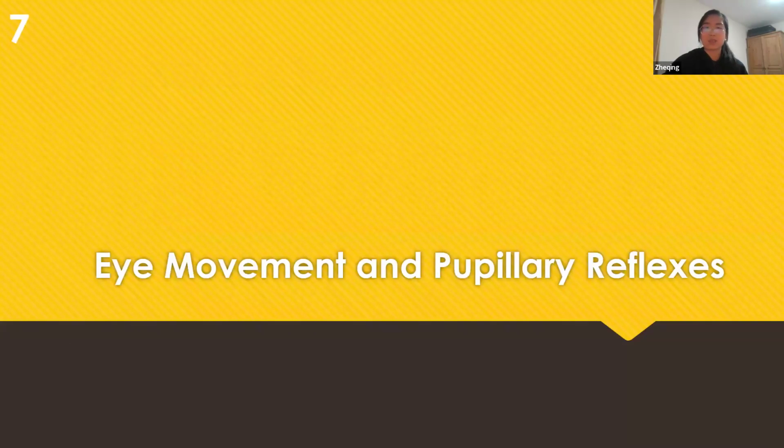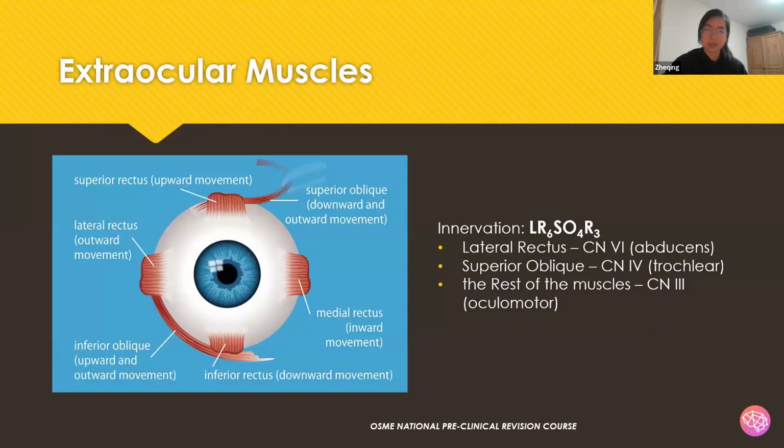And the last section, which I will speed through, is eye movements and pupillary reflexes. These are the actual muscles, which all of you know about. I found it useful to remember it from a diagram, where the muscles are, plus what movements they cause. In terms of the innervation, the mnemonic that's commonly used is LR6SO4R3, which tells you which muscles are